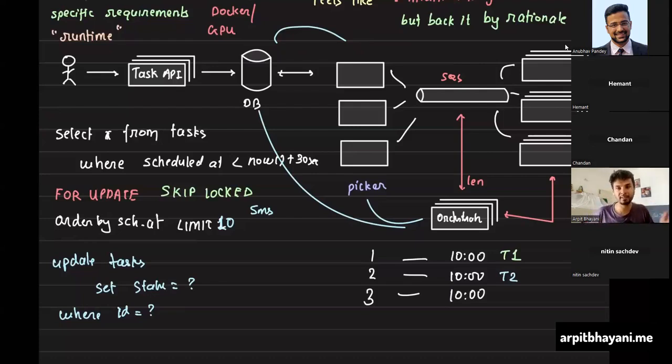Whenever you're building a system which requires a very strong SLA, you need to know how much time each phase is taking. The first phase is the task entry. After that, you're picking. So how much time is required to pick a particular task? When a particular task breaks the SLA, you would need to analyze how long it took your picker to pick this task and put it into the queue, how much was the wait time in the queue, and how much time it took for an executor to pick it from the queue. These are the three phases that you would need to have.